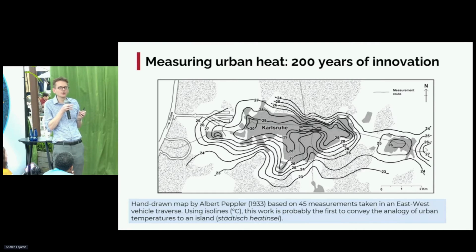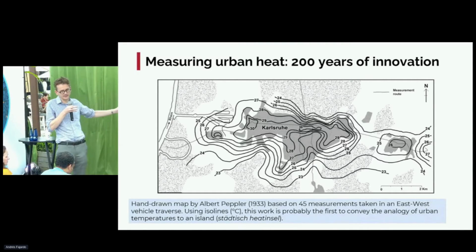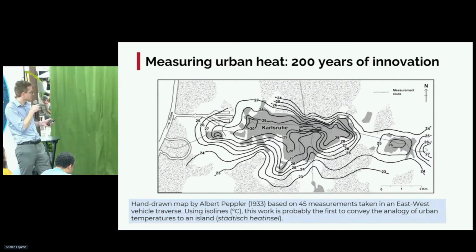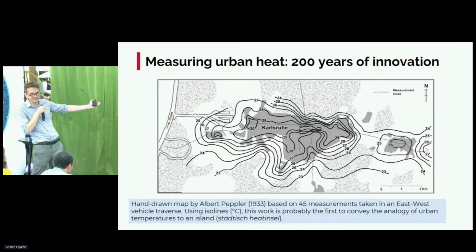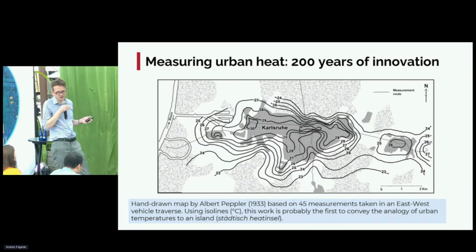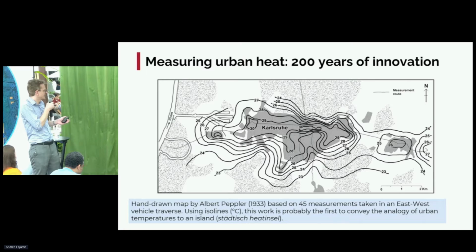But we know that there is variation of a high degree of detail within the urban landscape. How do we get a whole bunch of measurements right across the city in a controlled format while controlling for the influence of time and the changing heat during the day? Well, why don't we put the thermometer on the car? And that was actually done first in Germany, leading to the kind of map of what appears to be an island. It's very similar to a topography map. And actually the term urban heat island was first coined in German. Städtische Wärmeinsel, if my pronunciation is okay.